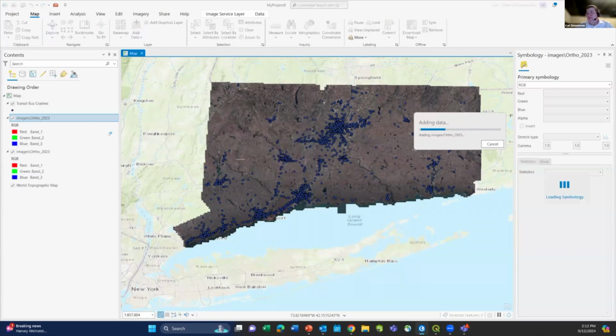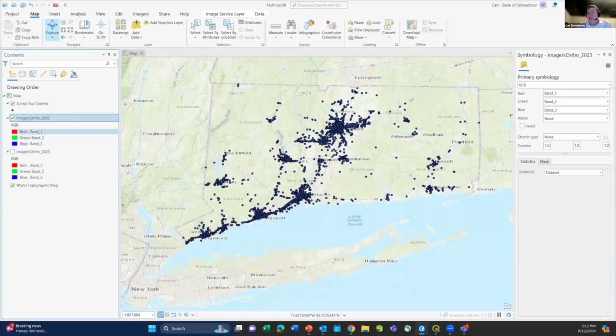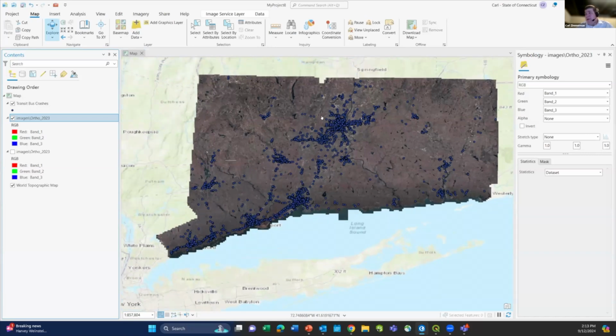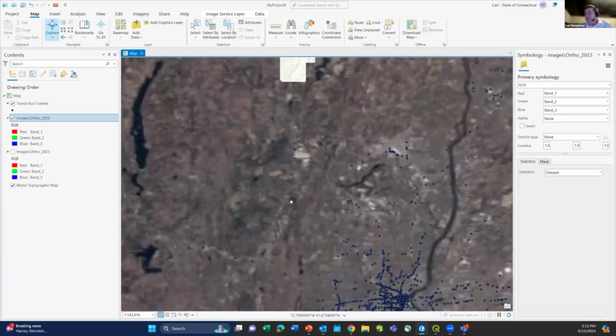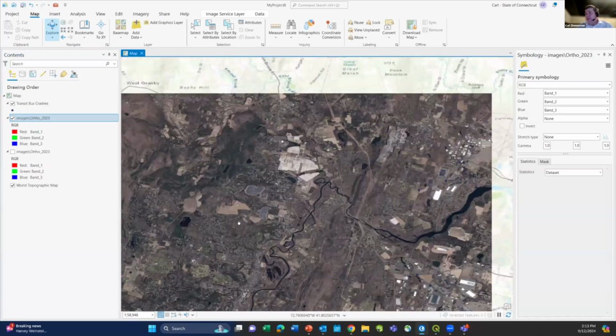And now it's calling the server, and it just dropped in. Okay, so now this looks kind of like a static image. And remember, I said each time you touch the cursor, you're making a call back to the server. So just to demonstrate that, I'm gonna scroll into where my house is in Simsbury, and you'll see that